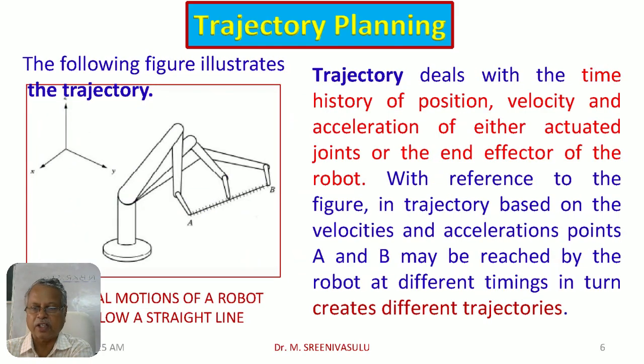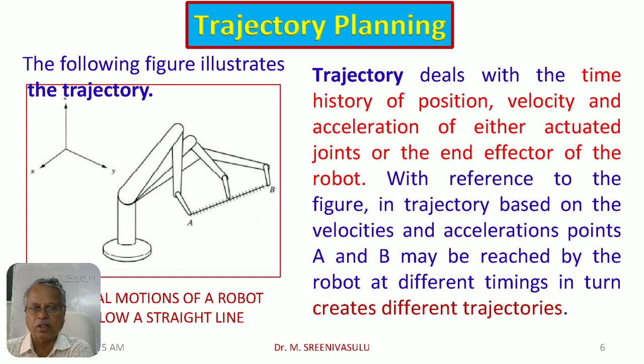Because if you have n joints in a robot, that means there are going to be n degrees of freedom. N joints are going to be there automatically. So at each and every joint, whatever is happening, all that is going to be recorded. So trajectory specifies all that. The same thing has been represented here, whereas the configuration shown in the diagram is more or less